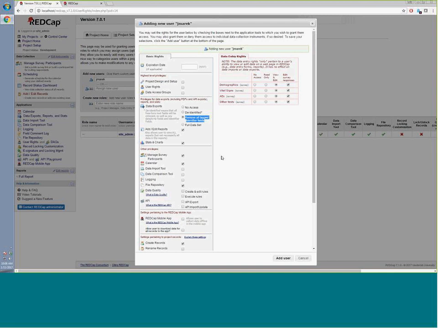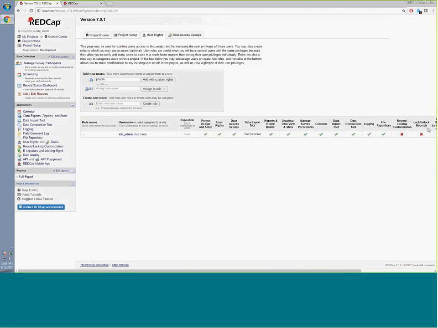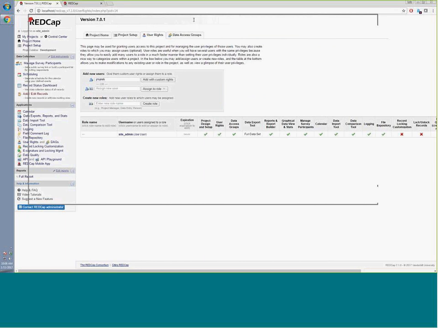Again, it's two different things. When we set that up, the data is encrypted when it goes to our server. And this is a way to restrict people's access to the data. So I'll give you a real life example. I'm not going to show you data, but